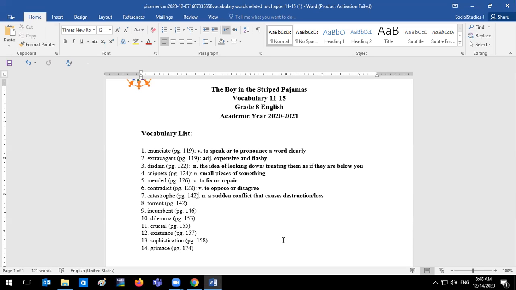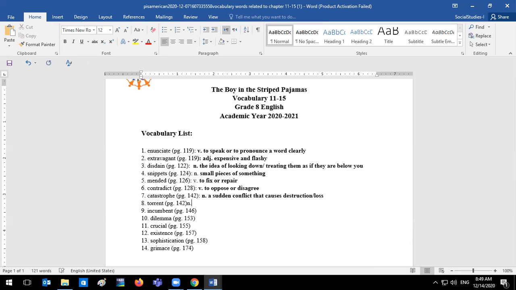This is one of the things that Bruno thinks about when he's in bed. How could father be a nice man and not interfere to stop such cruelty? And we can infer or guess that Lieutenant Kotler kills Pavel. Pavel dies from how aggressively and cruelly Lieutenant Kotler beat him. So that being said, we're going to move on to the next word, which is torrent.